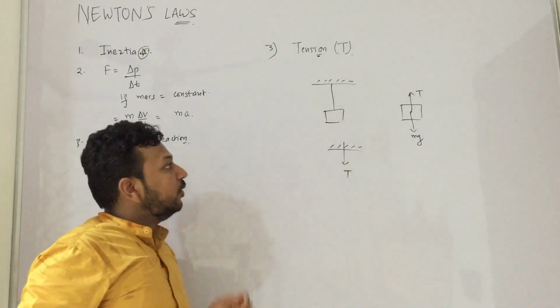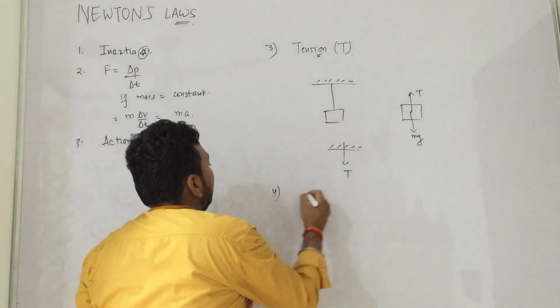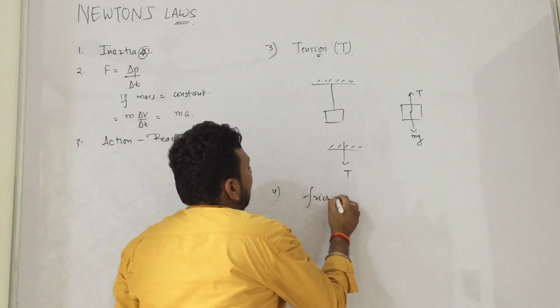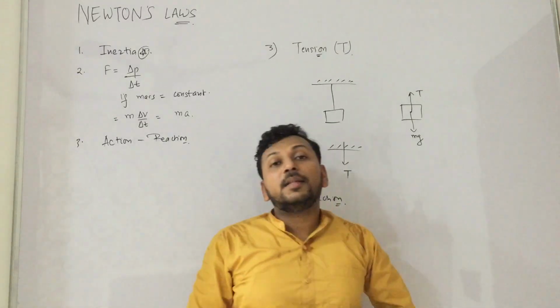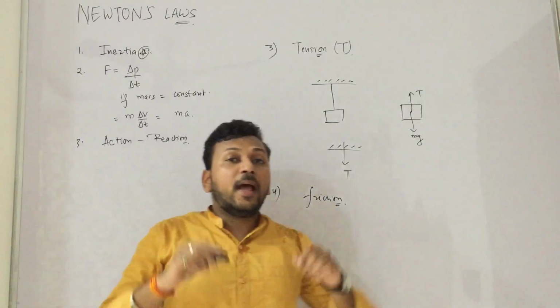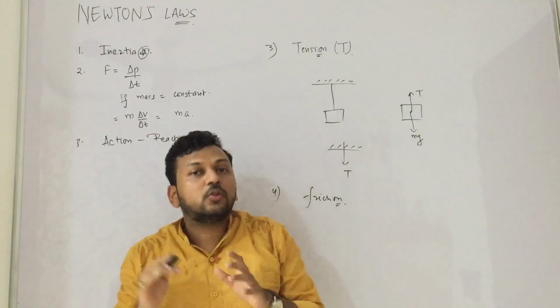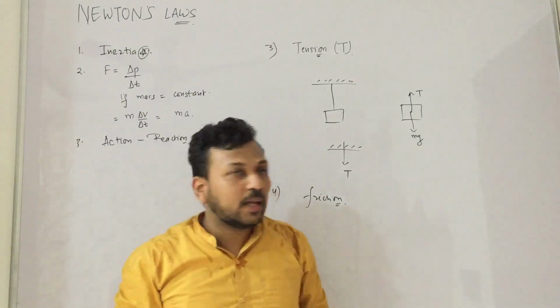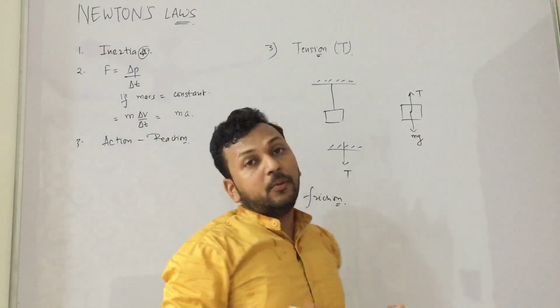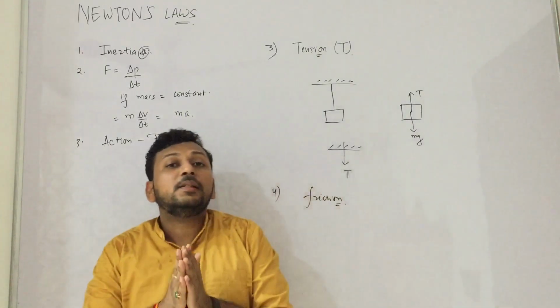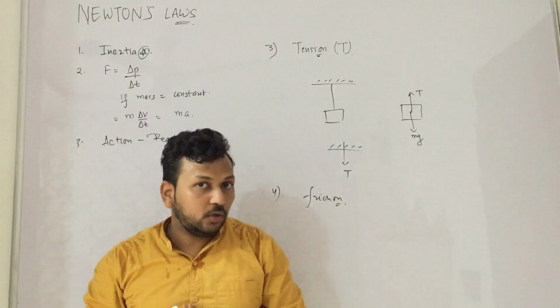Okay. So what is the fourth force we are going to study? Friction. Now friction is not so easy. That's why in HC Verma there is a separate chapter on friction, and in fact in IIT JEE most of the best questions are from friction only in Newton's law chapter. So what do you say? Friction supports velocity or opposes velocity? So maximum people say that friction opposes velocity.